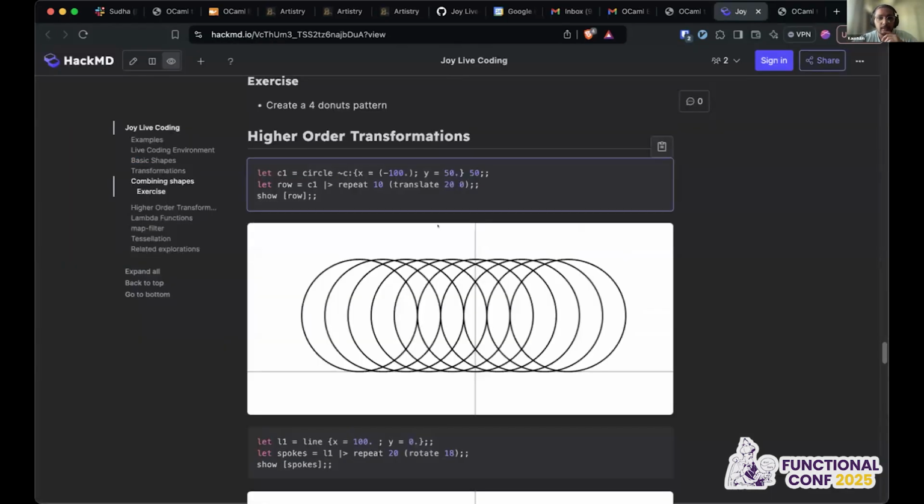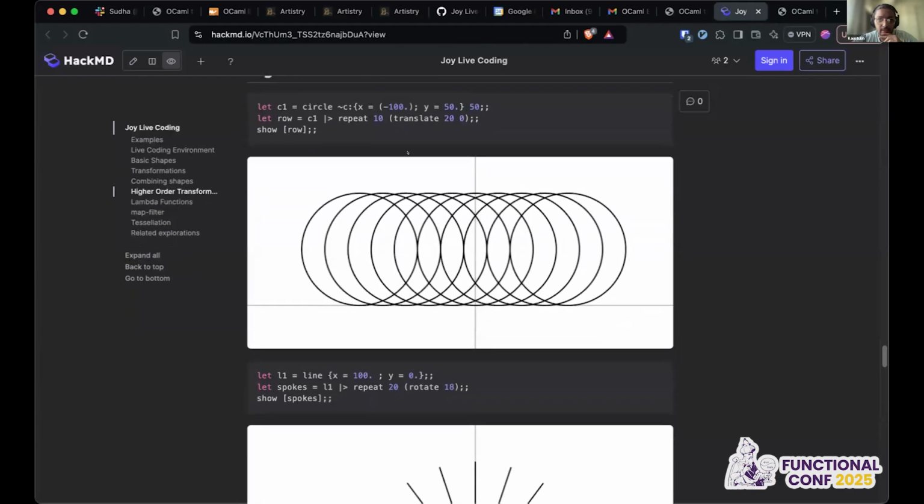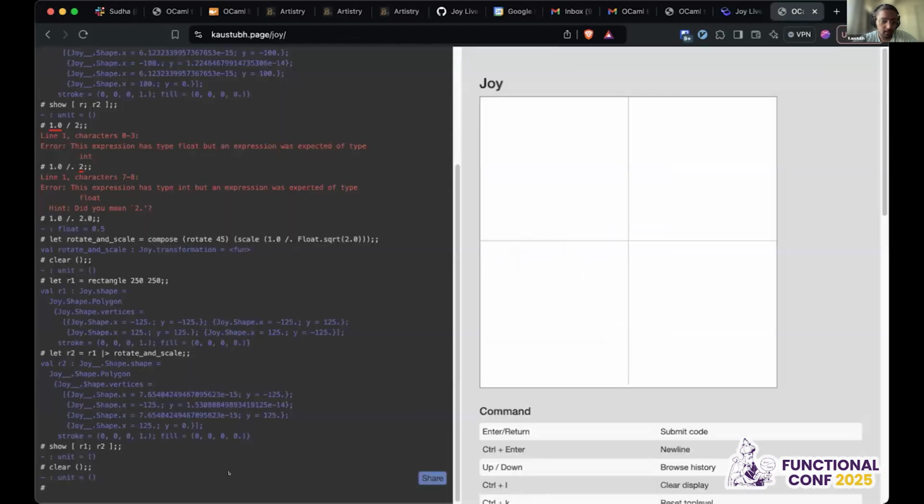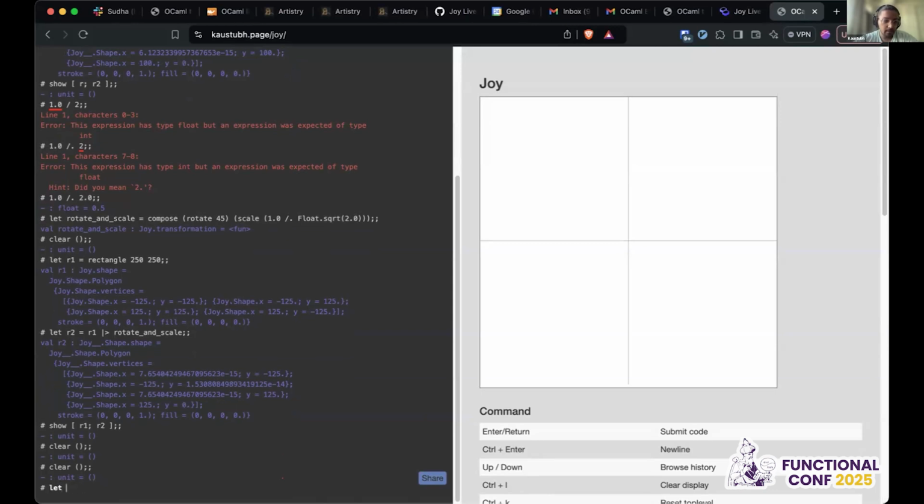As an example, let's take a circle. We can start with, let's see, C1 equals circle 100,